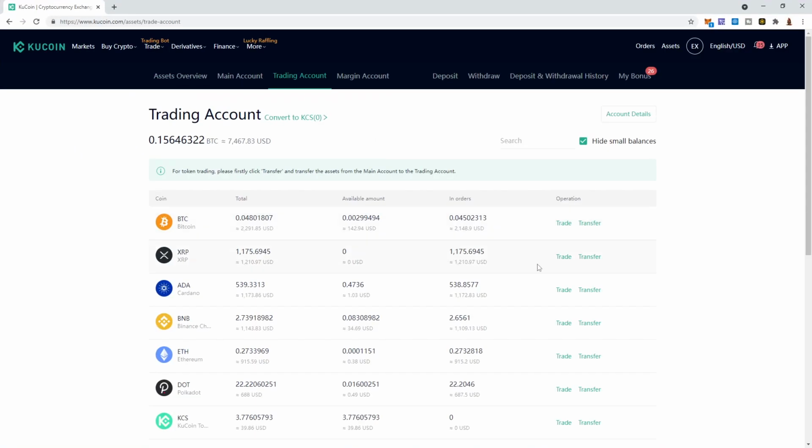Let's go to the Qcoin, which I'm using just for this challenge. We started with 0.14 odd Bitcoin. We're up nicely there, about 10%. We started with $5,000. We're on $7,500. And yes, we were over $8,000 in one stage before the market value dropped. We've got $142 of Bitcoin available, XRP nothing, $1 Cardano, $34 worth of BNB, and I'm keeping Qcoin's coin available as well, just for the fact